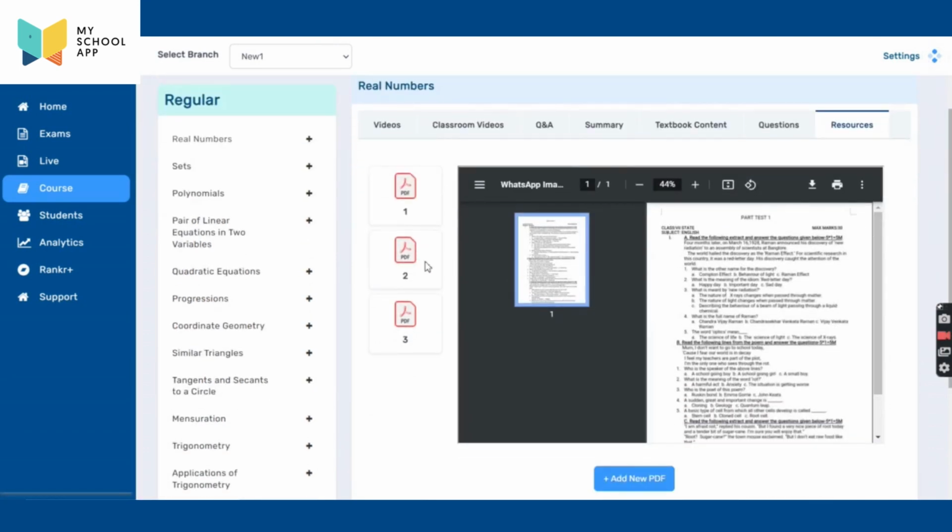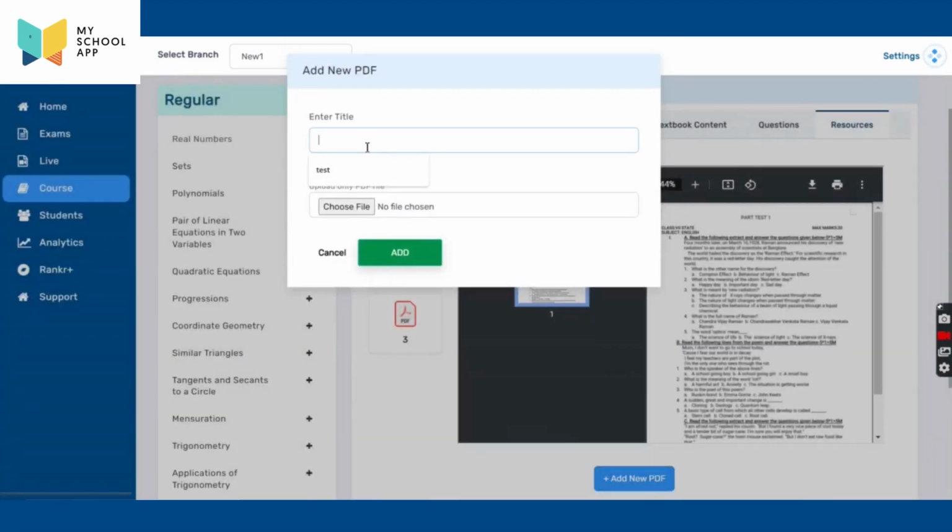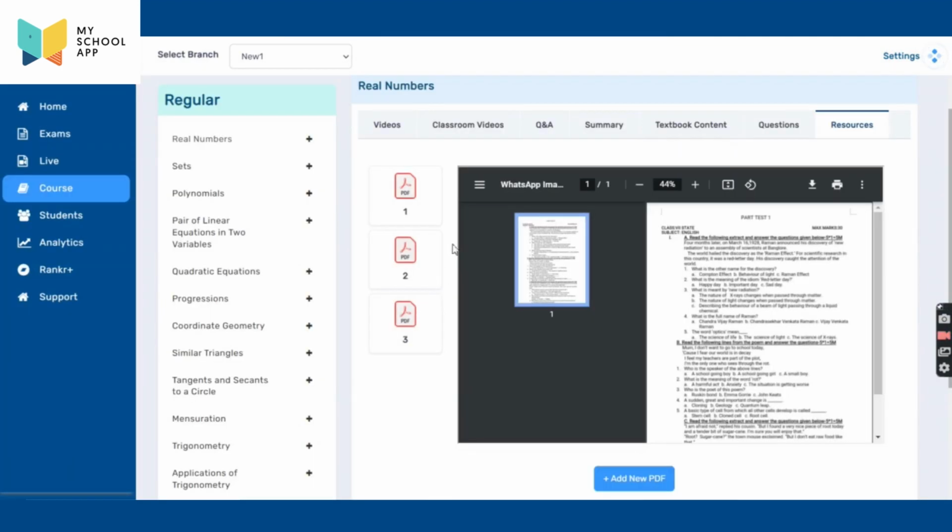If you come here, you can add a particular textbook, add new PDF, real number chapter. You can add the first real number chapter name and choose this file. 1 to 30 pages if it is real number chapter. You can choose the 30 pages from here and add them here. They will be appearing like this to the children. Students can access this chapter textbook from mobile or PC or a tab.